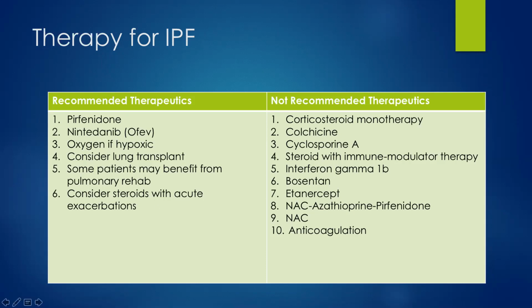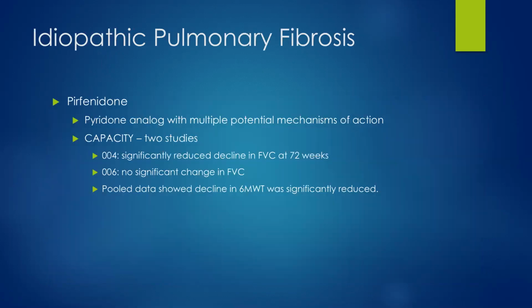Steroids, the only time we use steroids really in IPF is when they have an acute exacerbation, because we have nothing that really works for that, other than looking for an infection and seeing whether you can treat that. These patients usually get dramatically worse when they get sick. You try high doses of steroids and see whether it helps at all. Sometimes it does. If it doesn't, they're screwed. There's nothing you can do if they're not a transplant candidate.